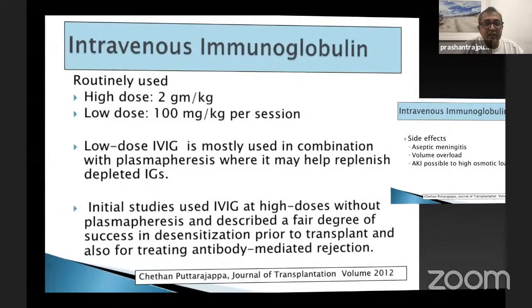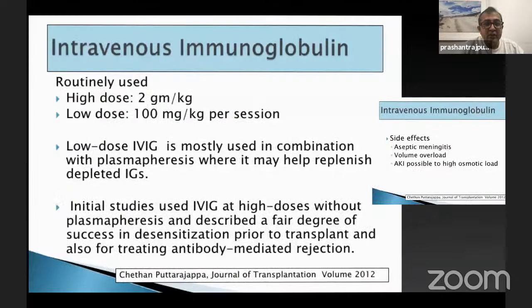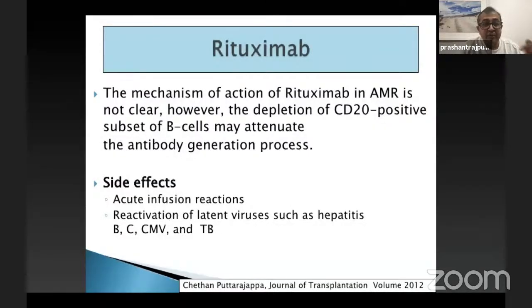The second drug commonly used is rituximab. The mechanism of action in AMR is not clear. However, its action is on the CD20 positive B cells, and these cells are completely wiped off for many months, and there is a significant decrease in antibody generation. Rituximab does not act on the memory cells. It does not have an effect on the